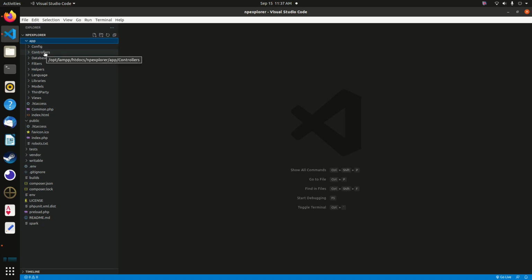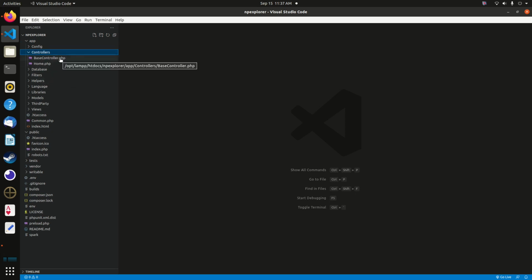They just aren't going to work right if you don't follow the rules of the road here. So let's get started. Let's take a look first at what's in the controllers directory right now. There's a base controller and there's a home controller. And just to get a sense of what we'll be doing, let's take a look at